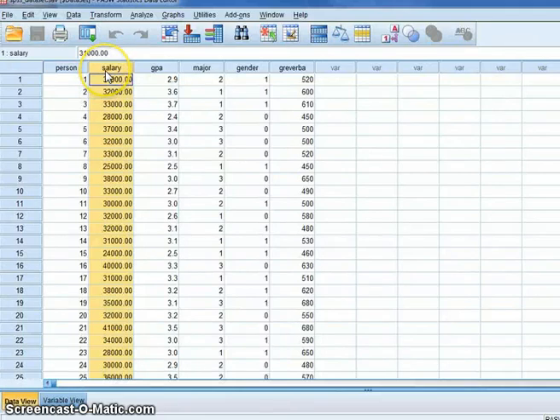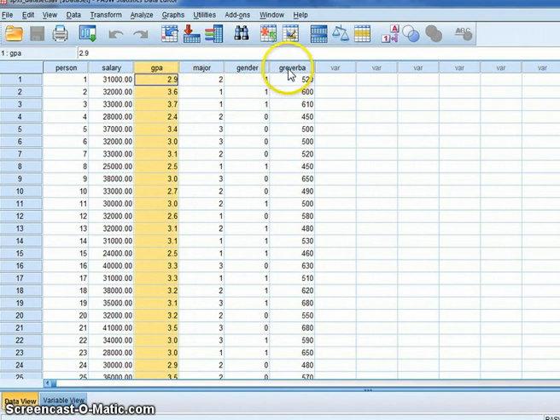This time we're gonna be running a multiple regression model. Just like we had before, I have this file that we have been using, and I'm gonna try to predict the salary information based on the GPA of the student, but this time I am also going to add the GRE variable, and I'm going to try to see if maybe the combination of the two variables can predict the